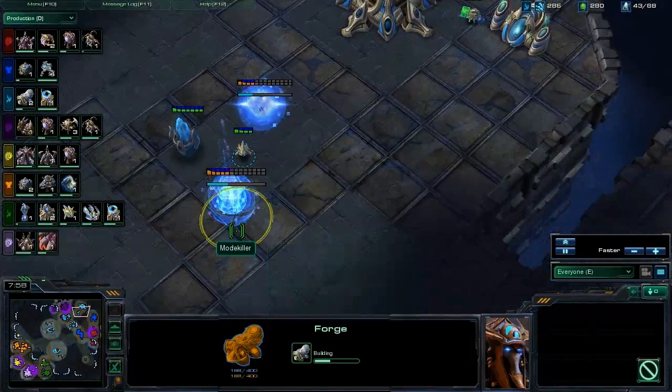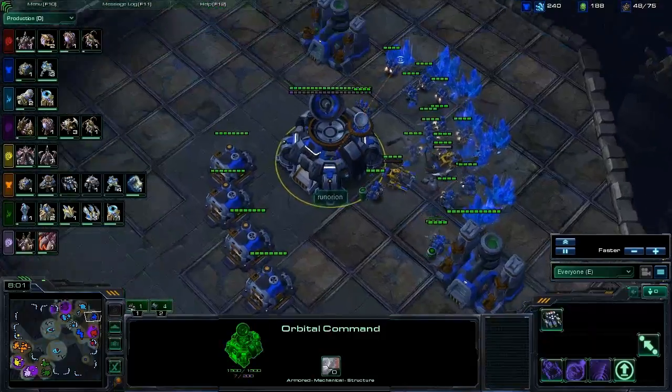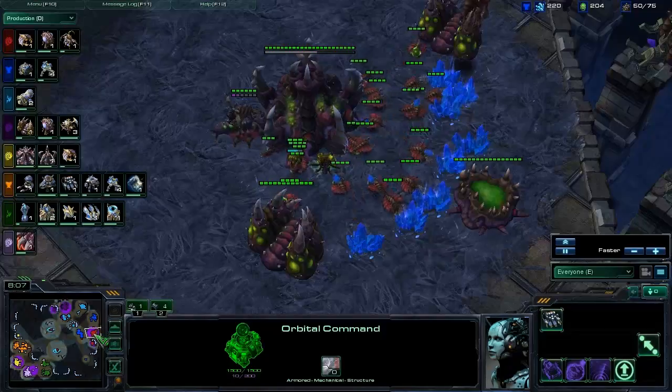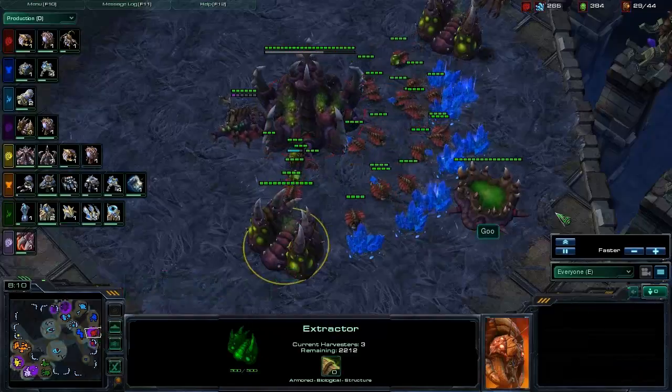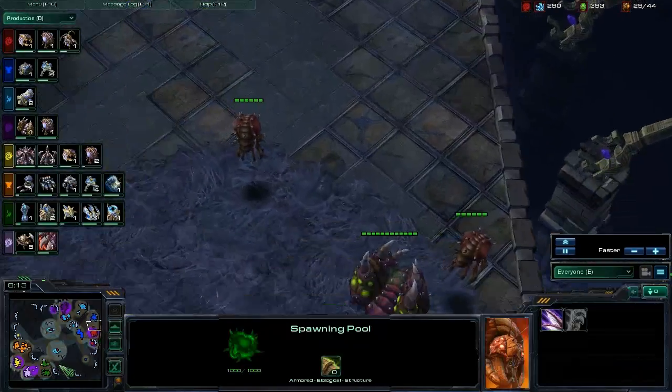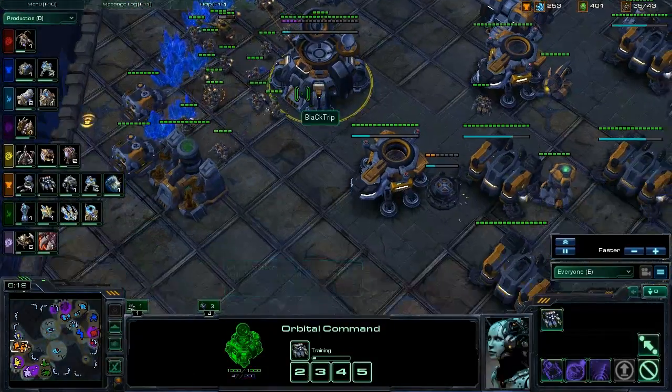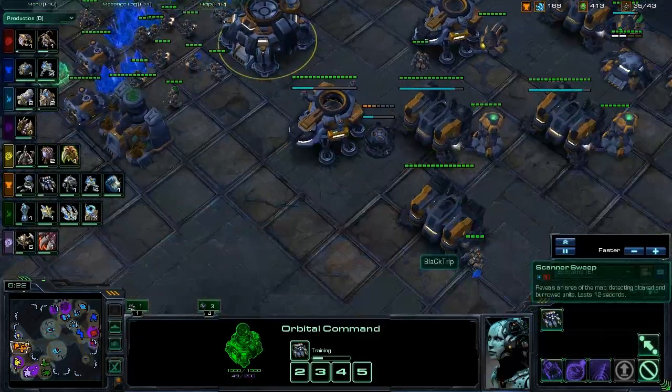Just to see what Mudkiller is working on now. Double Forges, looks like it's just going for upgrades. Renorion just has barracks out, no factories from what I can see, and Gui is at Lair tech. Don't really see him bring up any advanced units or buildings so far. Let's just see what happens. Anyway, Black Trip is going to be going for